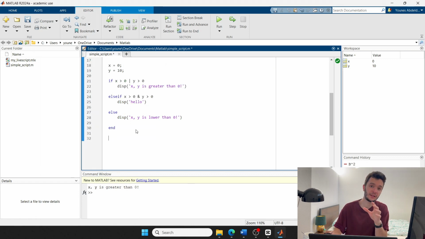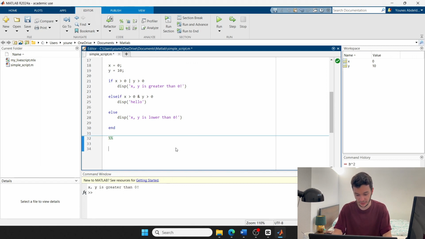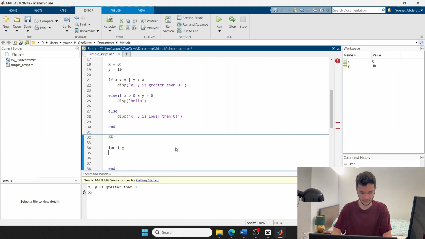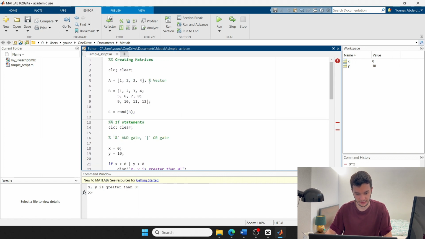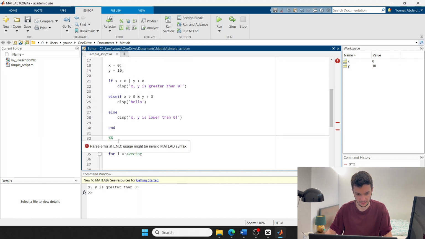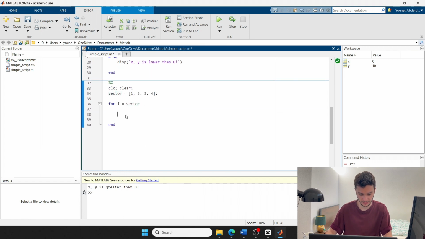Now, after dealing with the if statements, we can also see the loop statements. So the loop statements is basically the same thing where you have a for loop. Okay, so for i is equal to, and then let me jump this to an end. Okay. Here, the i, by doing a clc here once again, this will be here a vector. So a vector. Remember again, a vector we define it like so. So let me just copy down this. Okay. And let's say here we have a vector is equal to this. If I do for i is equal to vector here and then I do this i, or simply i, this